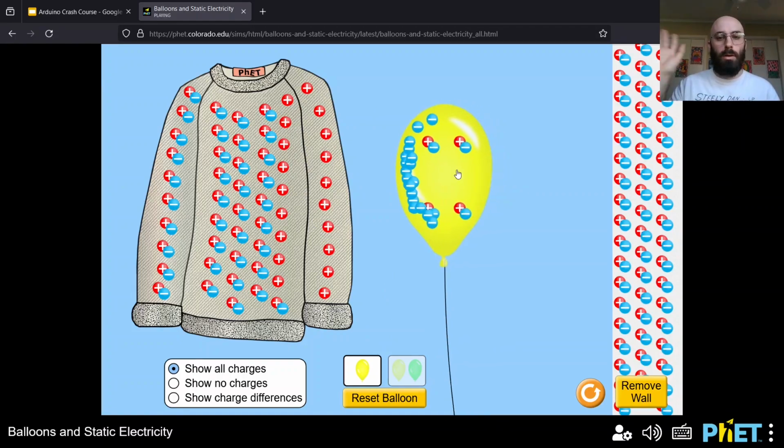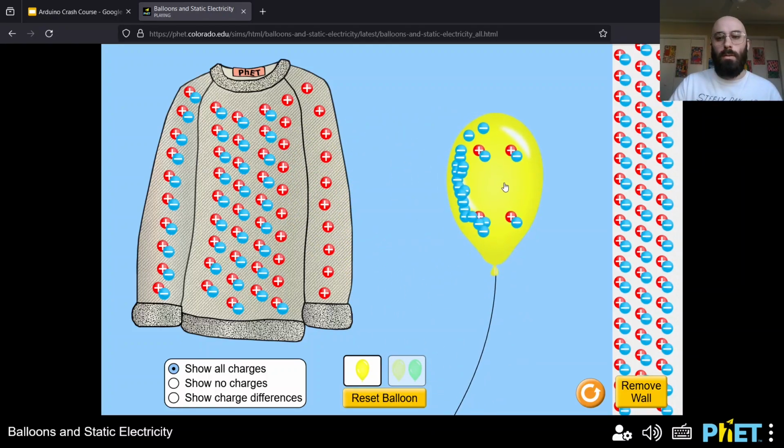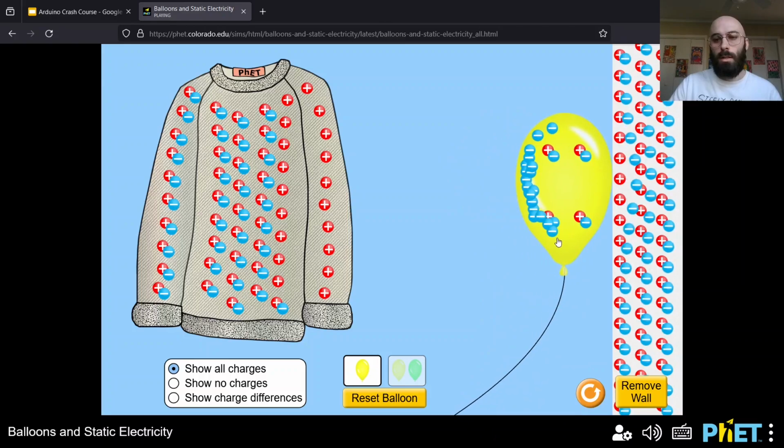When I let go, it gets attracted to the sweater, and if I let go of it over here, it will attach itself to the wall, and it starts to repel away some of the negative electrons there. So that's what's happening with static electricity: atoms are rubbing together in close proximity,